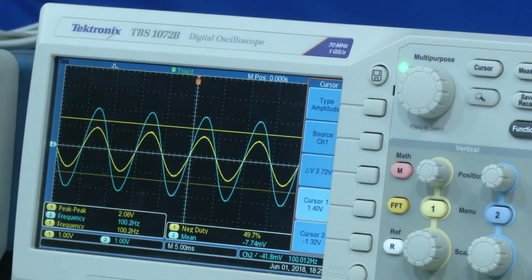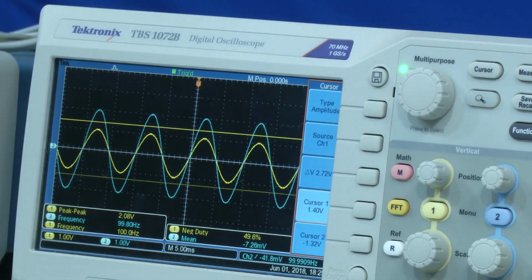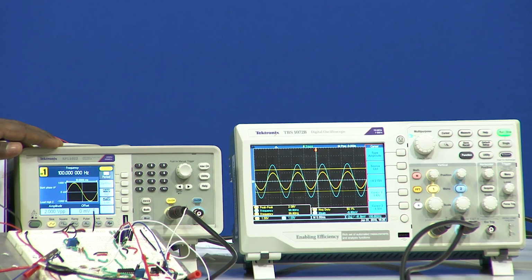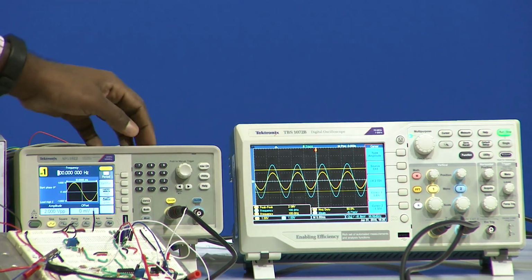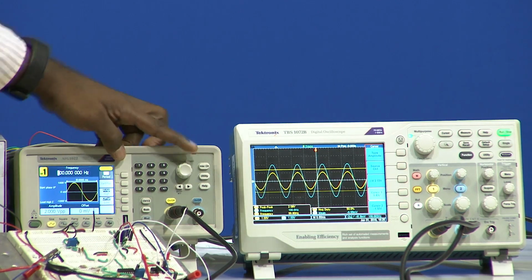I will slowly decrease. Right now, the frequency is at 100 hertz. I will slowly decrease in units of 20 hertz till we are at 20 hertz. After that, we will decrease to 10 hertz, then from 10 hertz slowly one by one we will increase, to see at what frequency the input voltage is lower than the cutoff point that we set. So, I will set it to 80 right now.